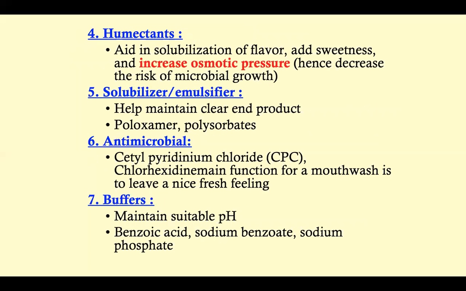They also add humectants, which aid in solubilization of flavor, add sweetness, and increase osmotic pressure, hence decreasing the risk of microbial growth. Fifth, solubilizers or emulsifiers help maintain a clear end product. These include poloxamers and polysorbates. Six, antimicrobials: they have cetylpyridinium chloride,